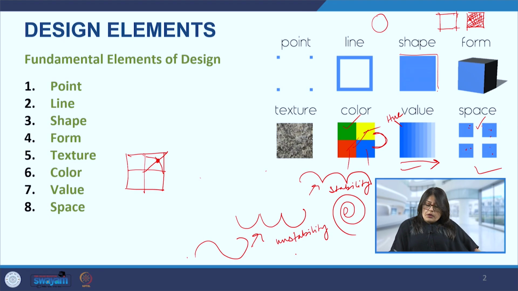Now, depending on how the sizes of these blue squares change, they become small or bigger, or they come closer or further apart, that will also impact the negative space, and its dimensions will change. Right now we are looking at it as a cross, but we may perceive it differently if the squares were arranged in a different manner. But it's important that the negative space is also taken into consideration when we are placing our elements on our space.